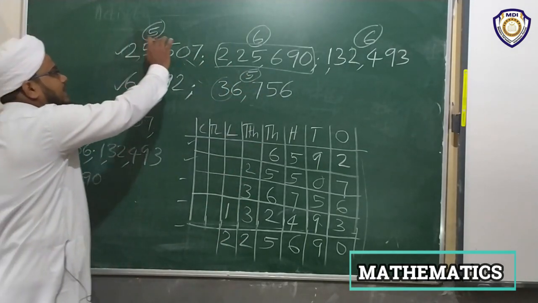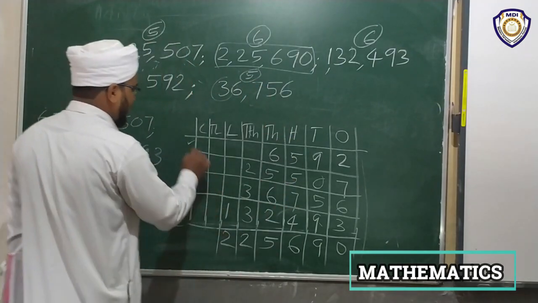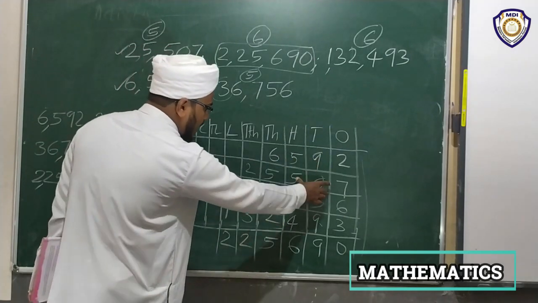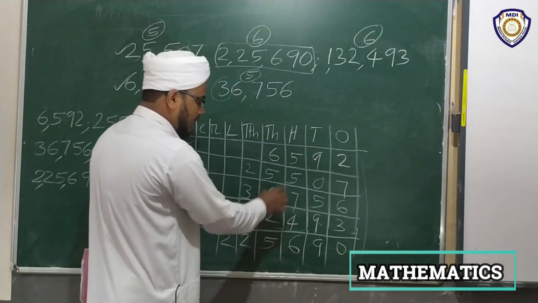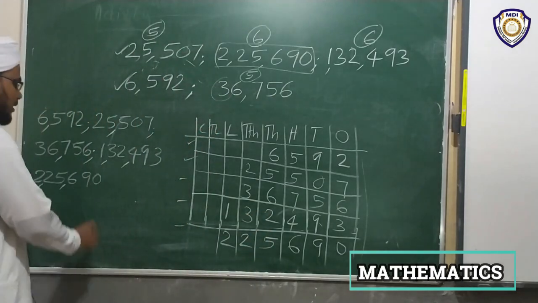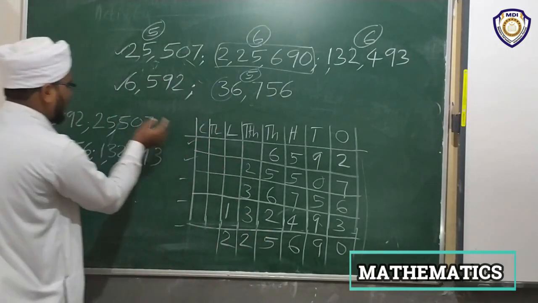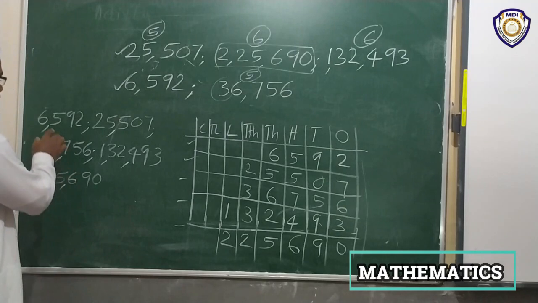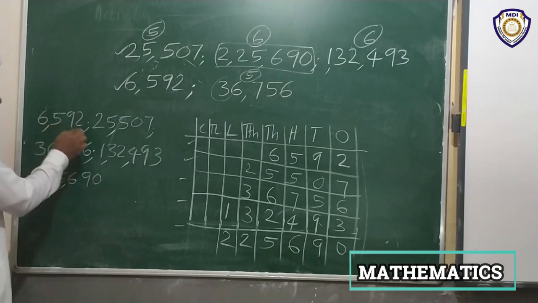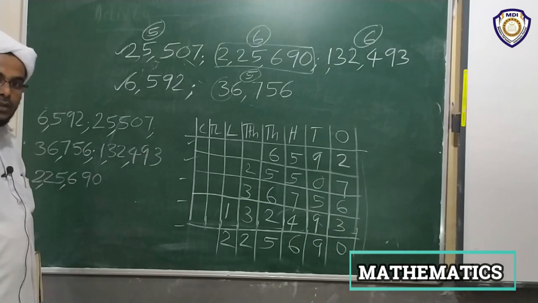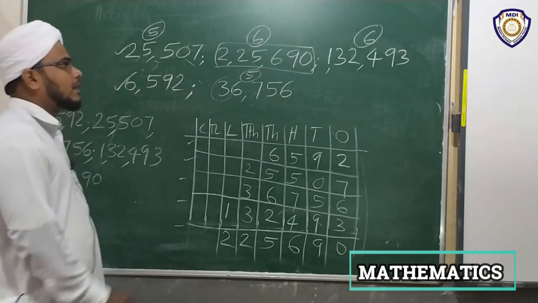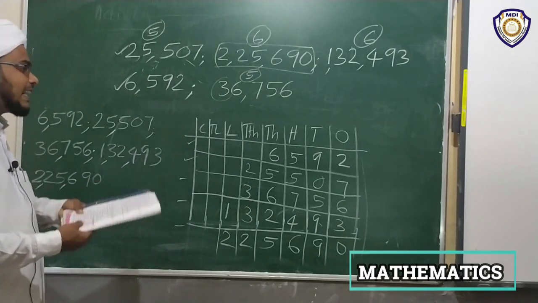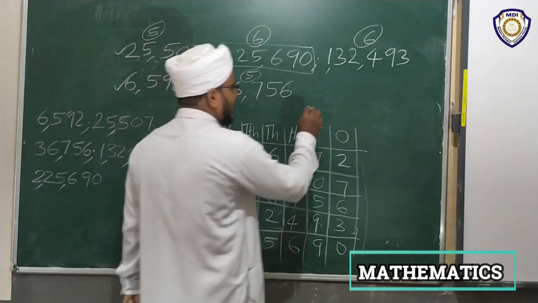If the question is to arrange these numbers in ascending order, then the answer is very simple. You have to draw the place value table and write at top the smallest, then next smallest, then at last the largest. Then you write it out of the table. Ascending order means starting from smallest to largest. Are you okay? This is very simple. Then what is descending order? Next we have to study the descending order, the opposite of ascending.